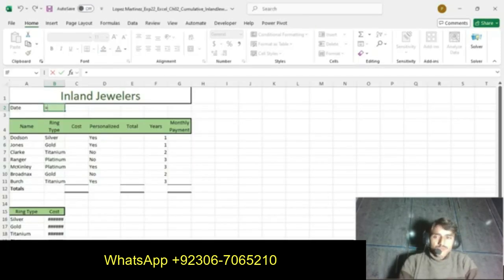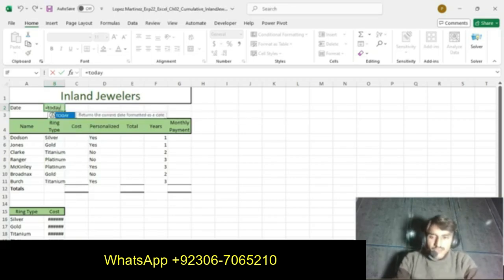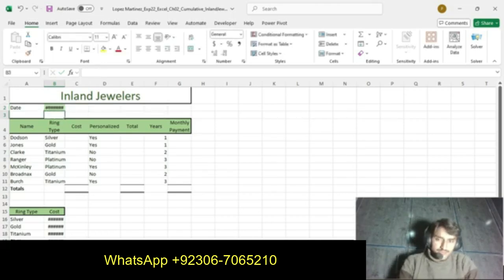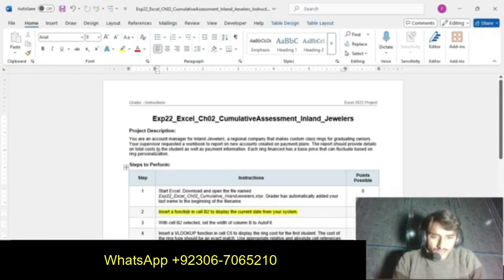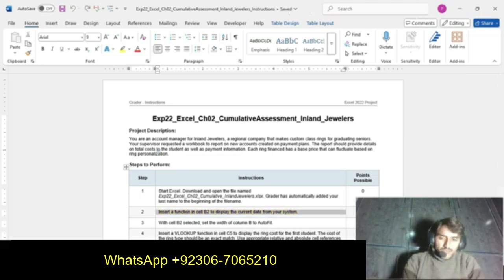We apply the TODAY function and we get our result, the date. So our step number 2 is completed.